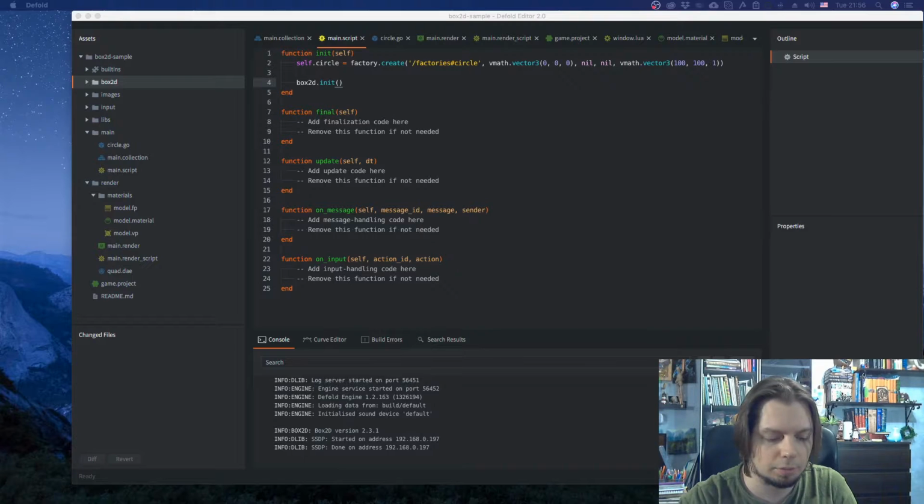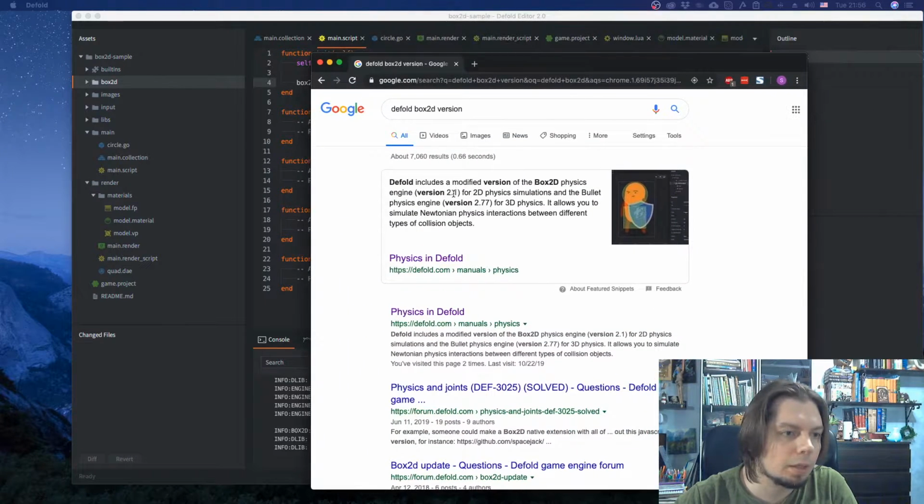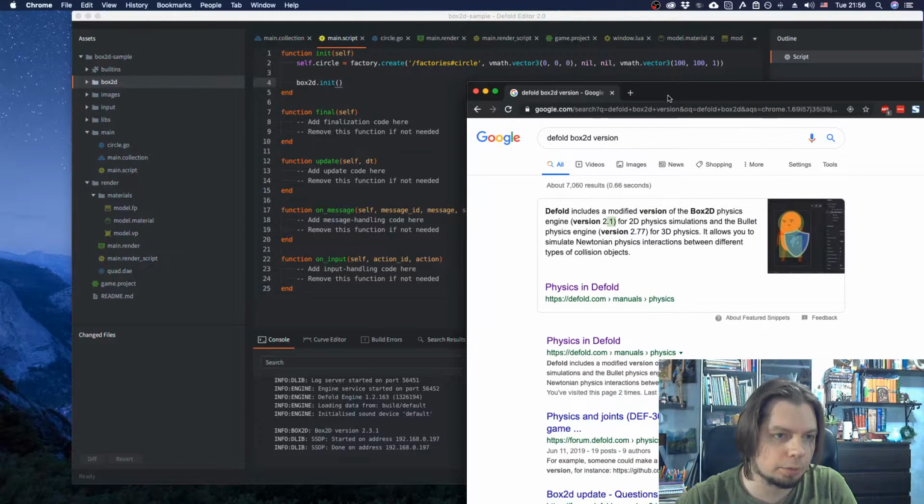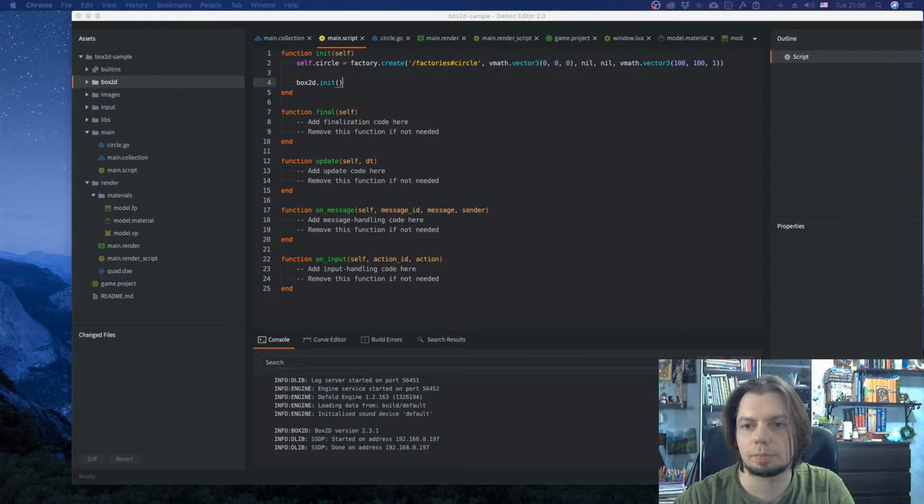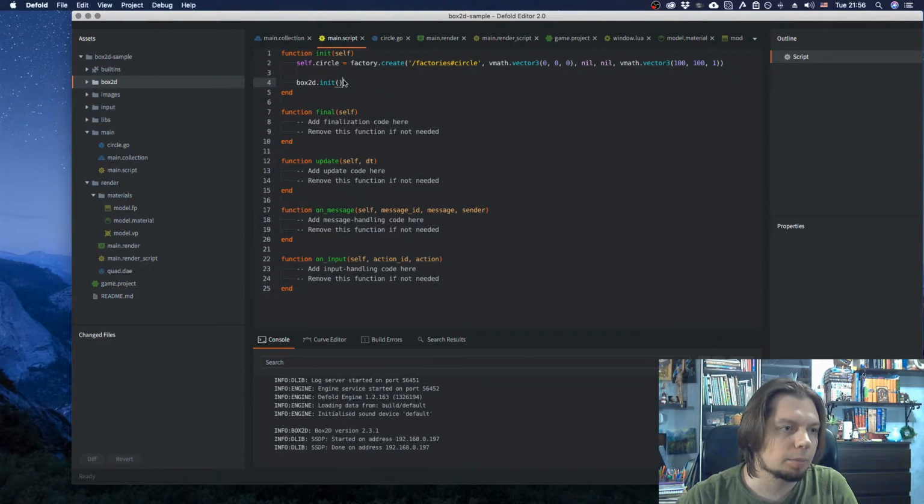Let me check. Default includes a modified version of Box2D physics engine 2.1. So it's quite older than what I have in the extension. But we don't need it actually. What we do need is a world. Box2D new world,